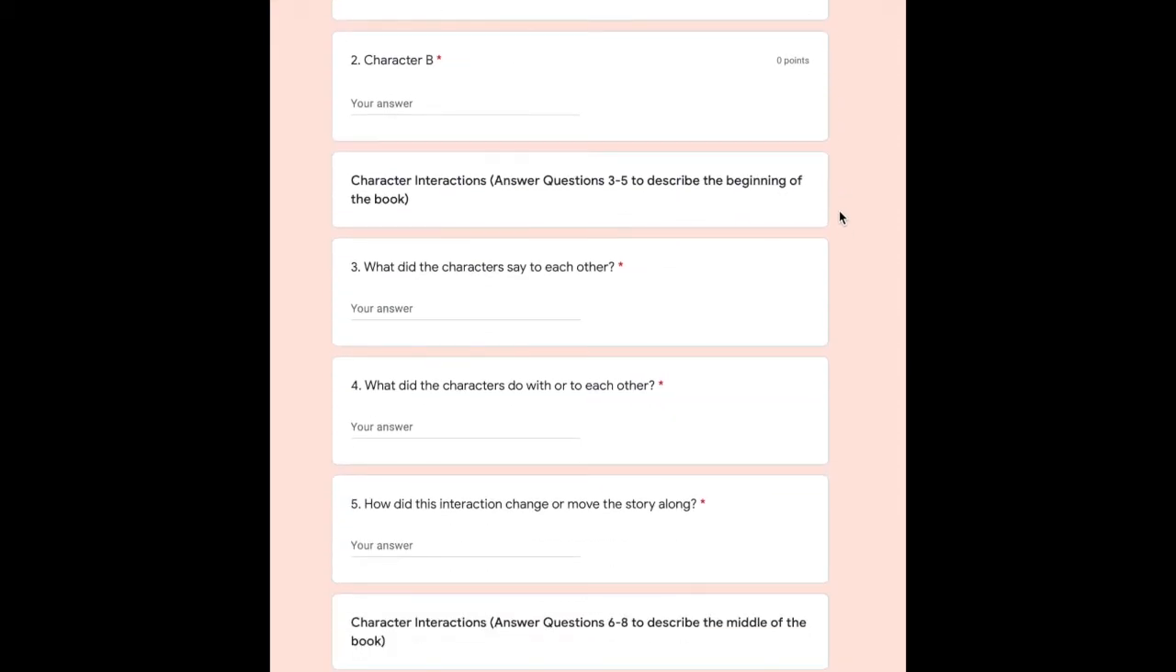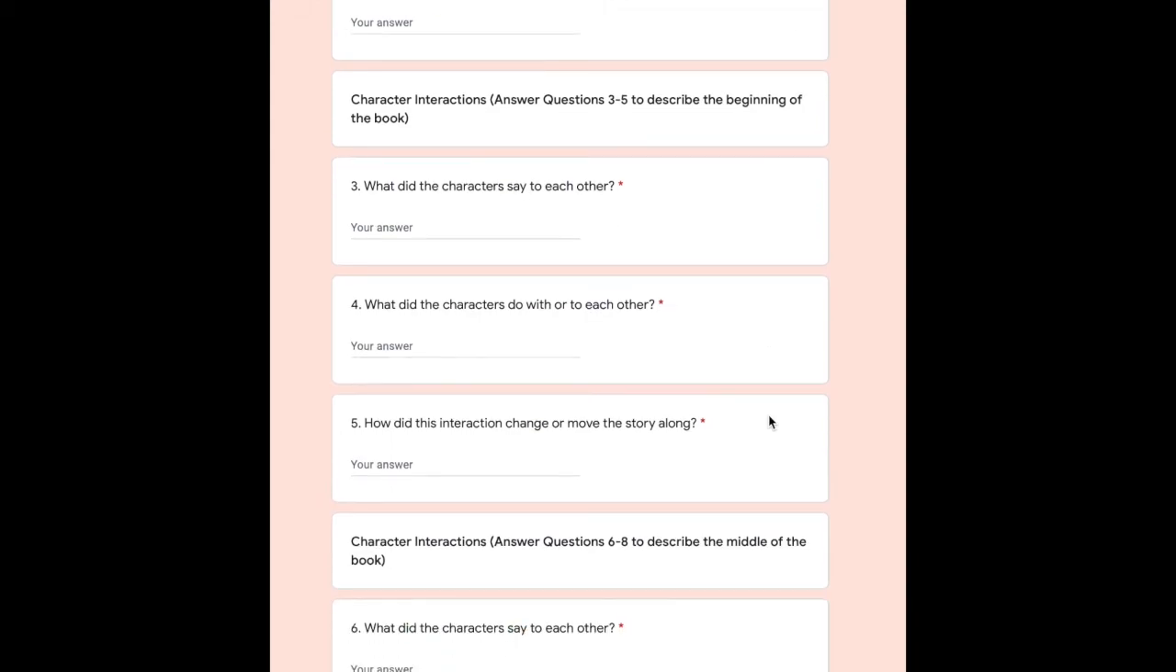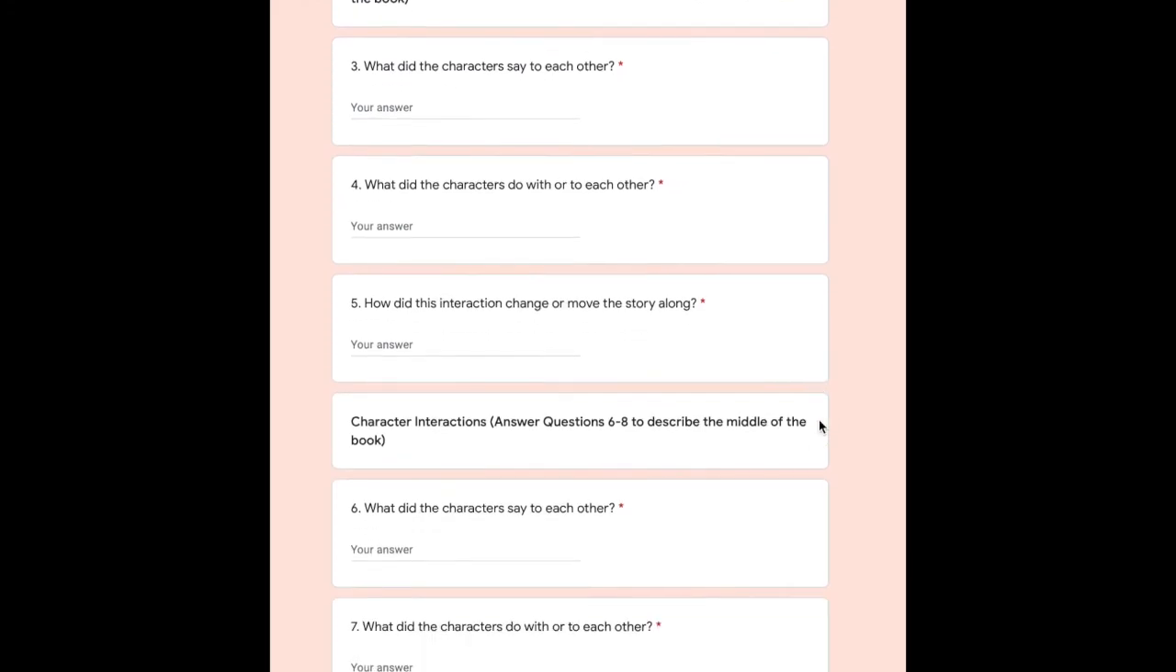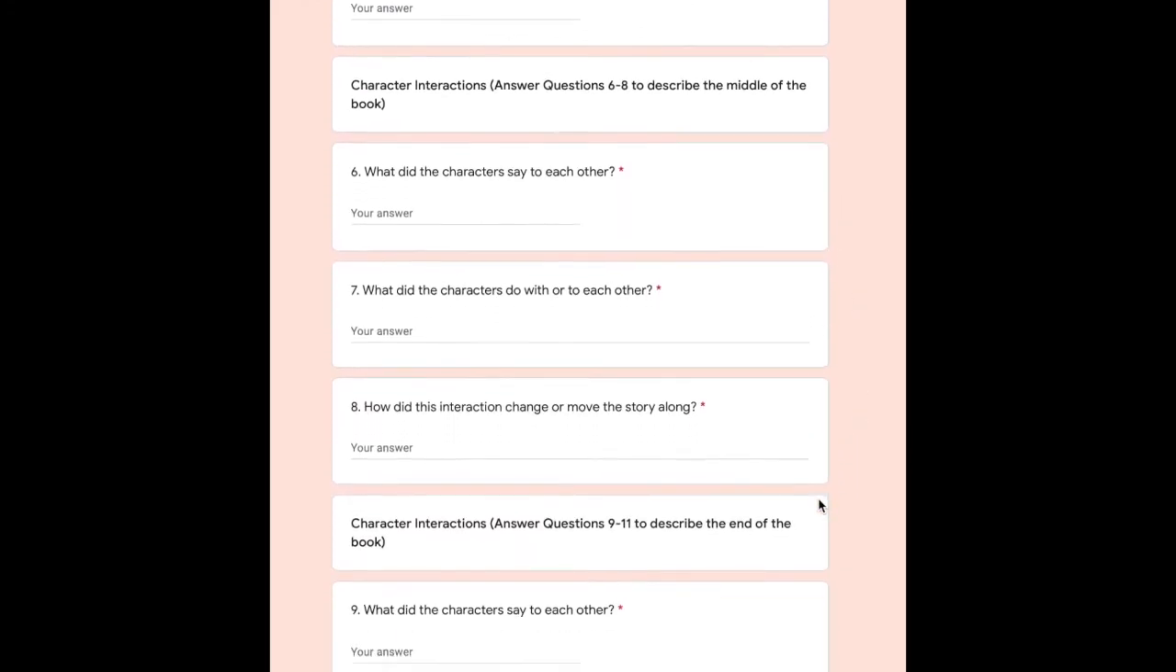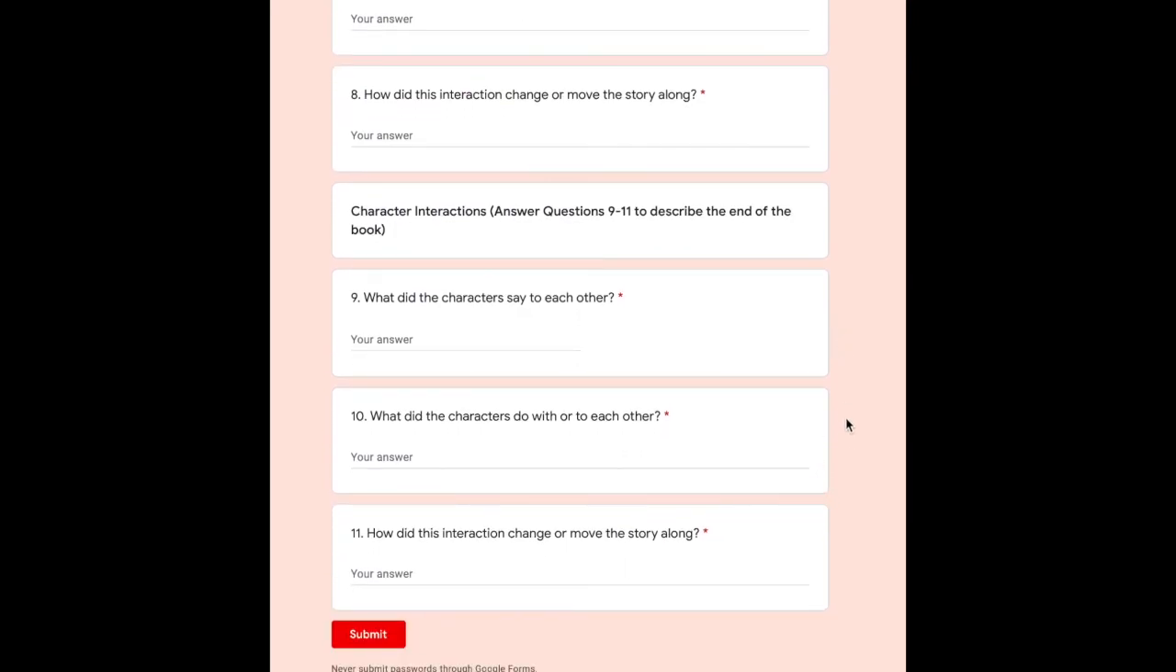Then what we are going to do is look at character interaction. So what the characters say to each other at the beginning of the story, what the characters do with or to each other at the beginning of this story, and how did this interaction change or move the story along. So we're going to answer those three questions for the beginning of the story. We're going to answer those same three questions for the middle of the story, and then those same three questions for the end of this story. And then you click